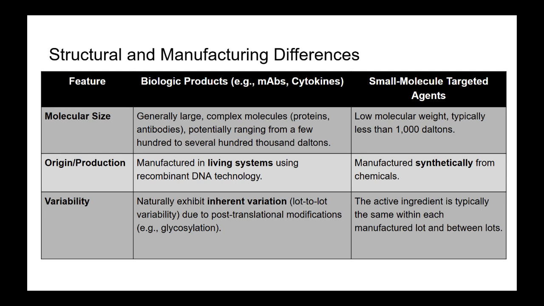That's a great analogy. And this scale difference isn't just academic trivia. It dictates everything about its manufacture. Because they're made in living systems, they carry an inherent variation. Okay, you make that complexity sound like a feature, but doesn't that inherent lot-to-lot variability, because it's made biologically, introduce massive regulatory uncertainty and risk compared to something simple like, say, aspirin?